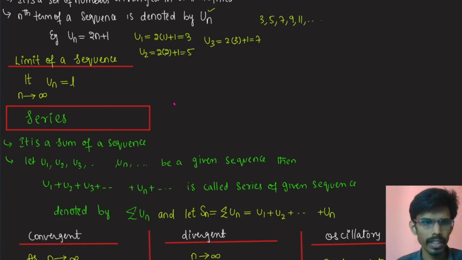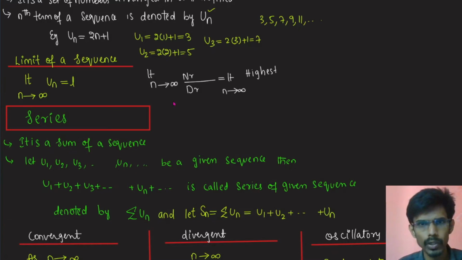And one important thing is, whenever we have n tends to infinity, with numerator by denominator, then what we do is, limit n tends to infinity, we take the highest power of n common from the numerator